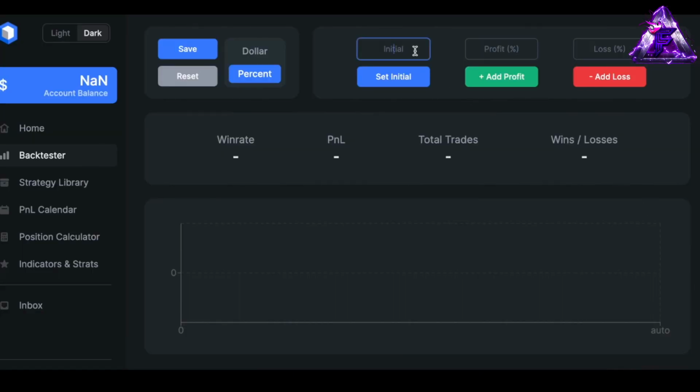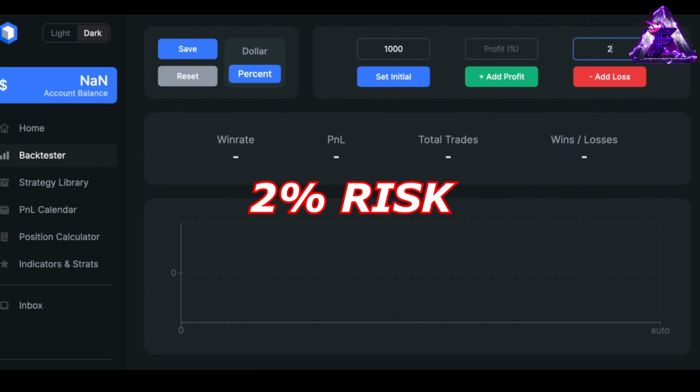I will also backtest it 100 times and set my initial account size at $1,000 with a 2% risk per